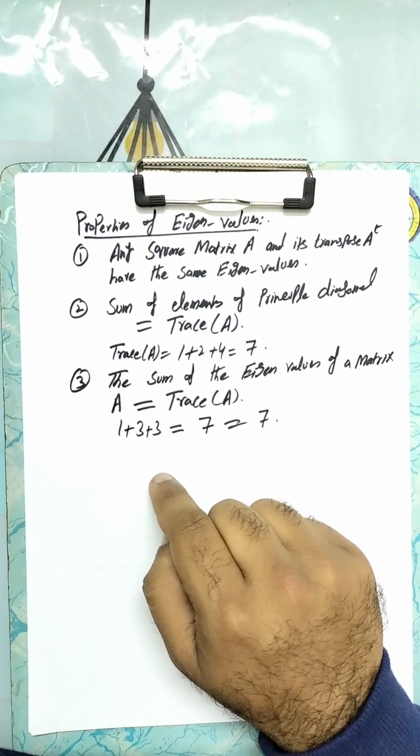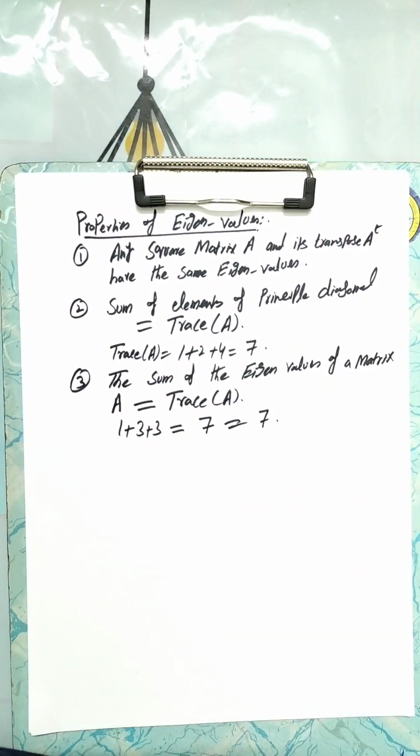If this property does not hold, it means our eigenvalues are not correct, and we made some mistake in solving the eigen equation. So this property is very important, and the next property is